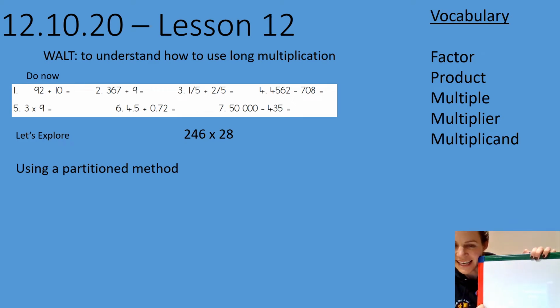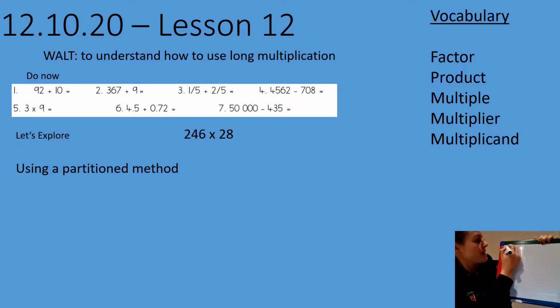Good morning, everybody. Okay, so continuing with some long multiplication today, but this time our multiplicand is moving up to a 3-digit number. Shouldn't change anything because we've learned how to multiply by a 2-digit number. So the calculation is still the same. We've just got a hundreds column in our multiplicand instead of just a tens and a ones. Okay, I'm going to do the method today in 2 ways, and I want you to choose which way you're most comfortable with. So we've got